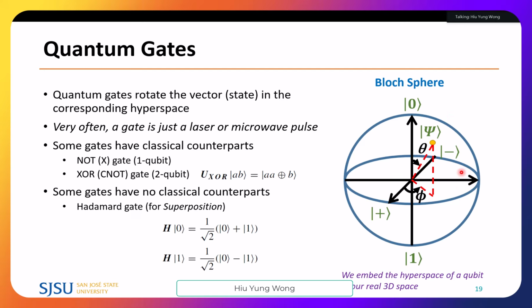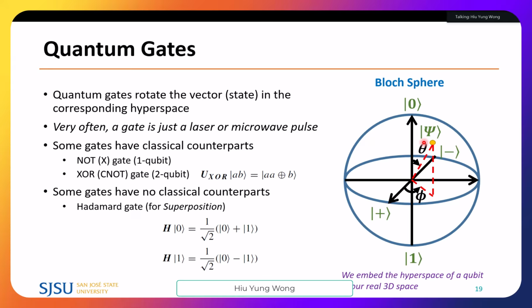And how do we make a quantum gate? It usually depends on the physical system. It can be a laser pulse or a microwave pulse, right, that you shine on it. For example, if it's a spin qubit, we have an AC current, and it will create an AC magnetic field, and then it will change the state of the spin, and it's just like you are rotating on the Bloch sphere. So that is very important because in our circuits,